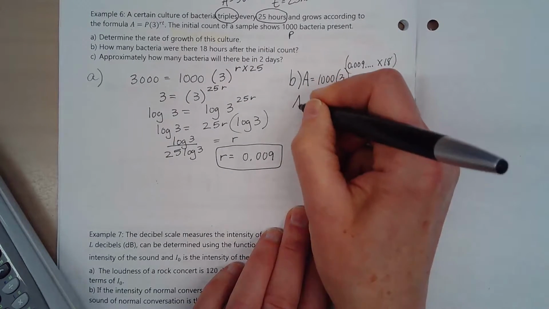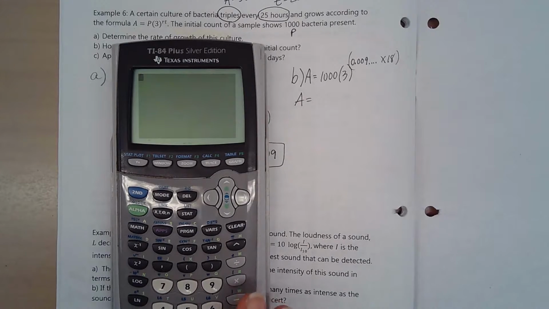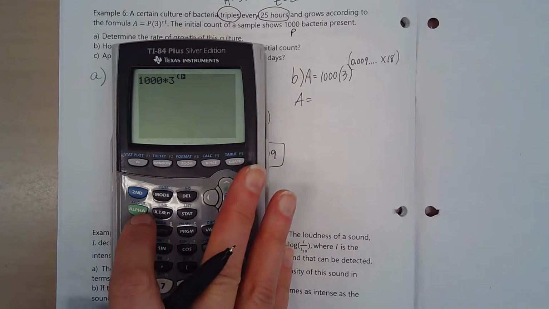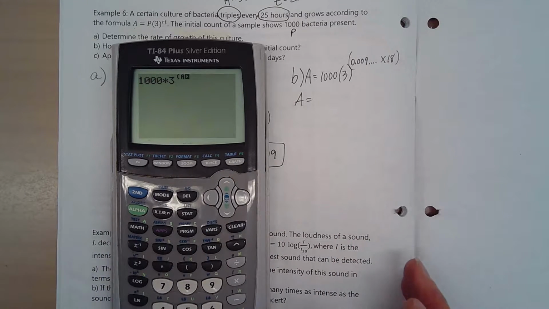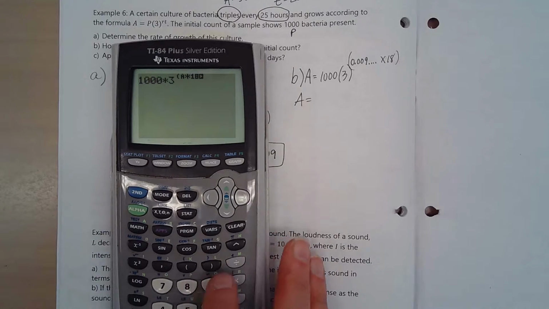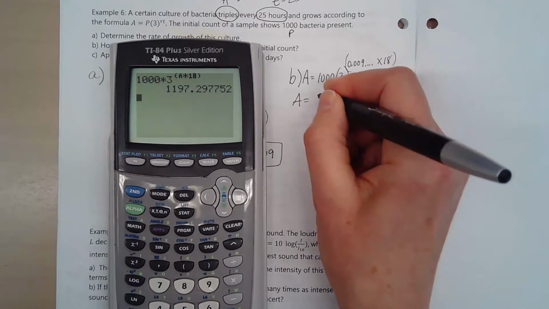Okay, so A equals, so in my calculator I'm going to go 1,000 times 3 exponent, and I'm going to use my brackets, and I'm going to call up my number that I've stored in alpha A, times 18, and I get